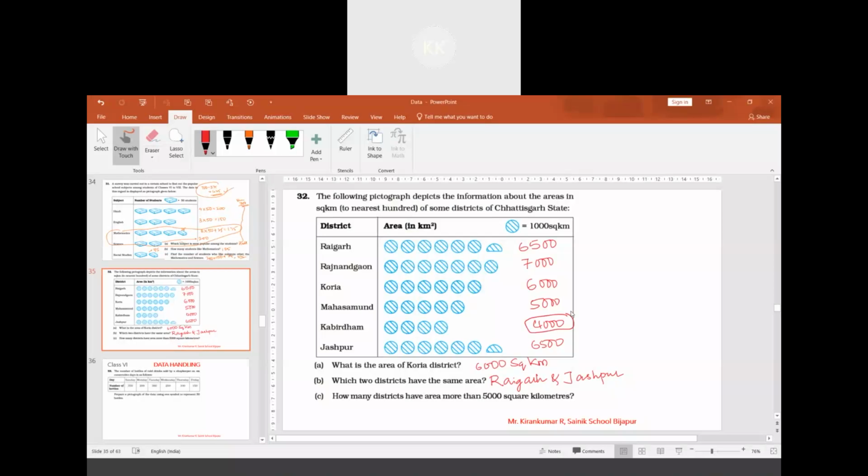This is exactly equal to 5000 square kilometer. So 1, 2, 3, 4 are there. So 4 districts